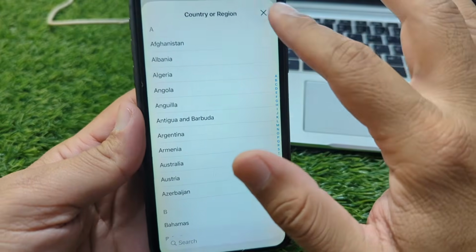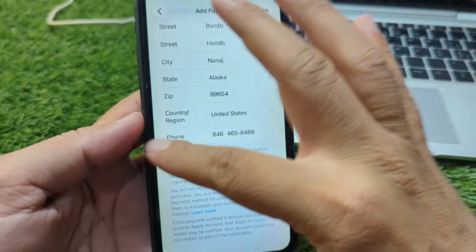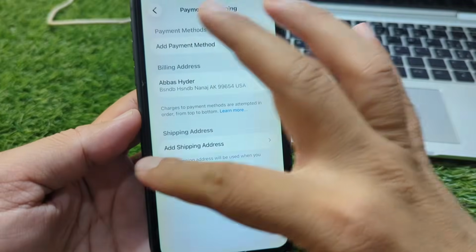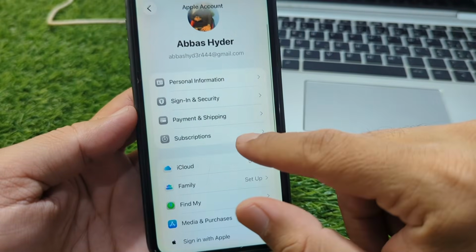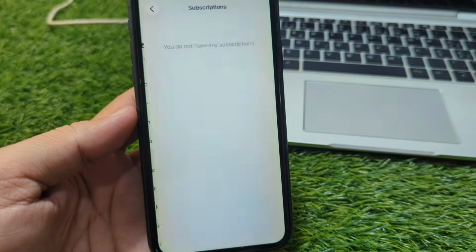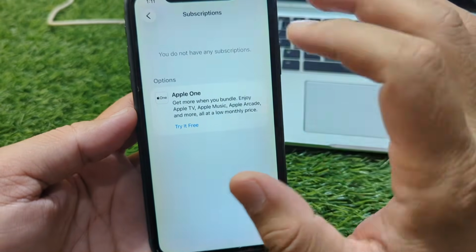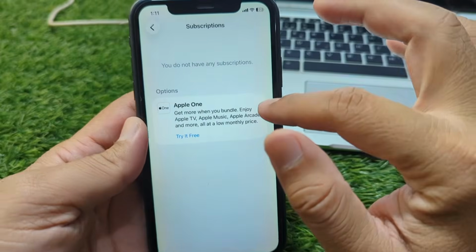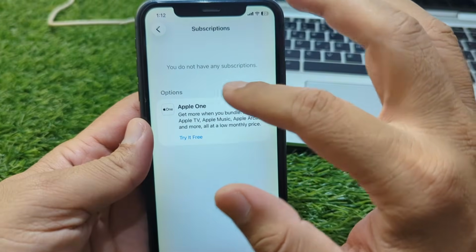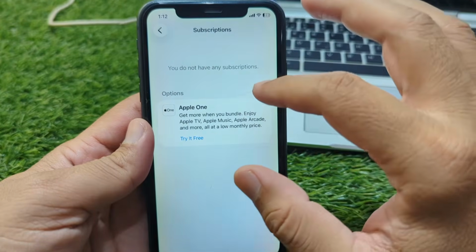If the option is not opening, then you have to simply go back and now you have to simply go to subscriptions from here, and from here you will see all of your subscriptions. So guys, you can see this. You can see all of your subscriptions from here, and if you want to cancel any subscriptions from here, you